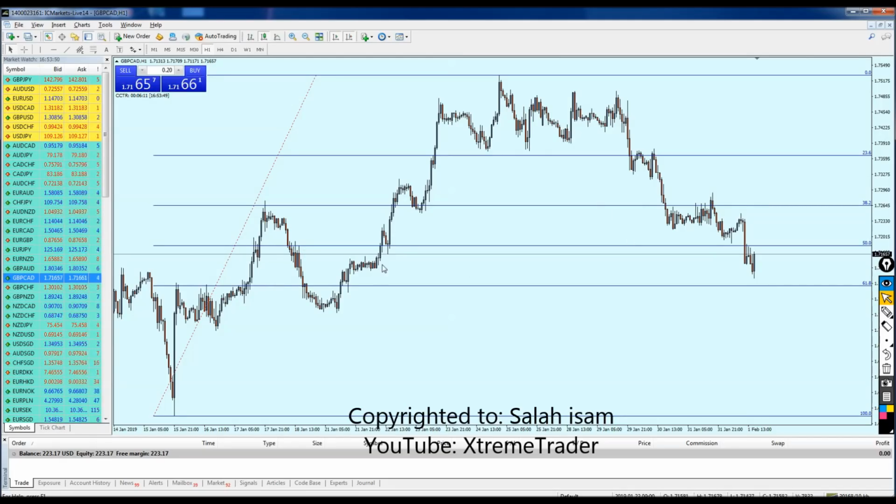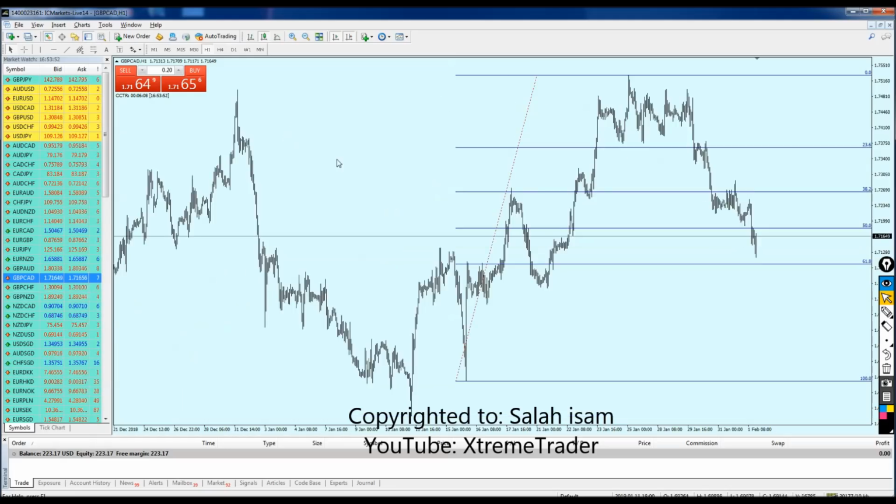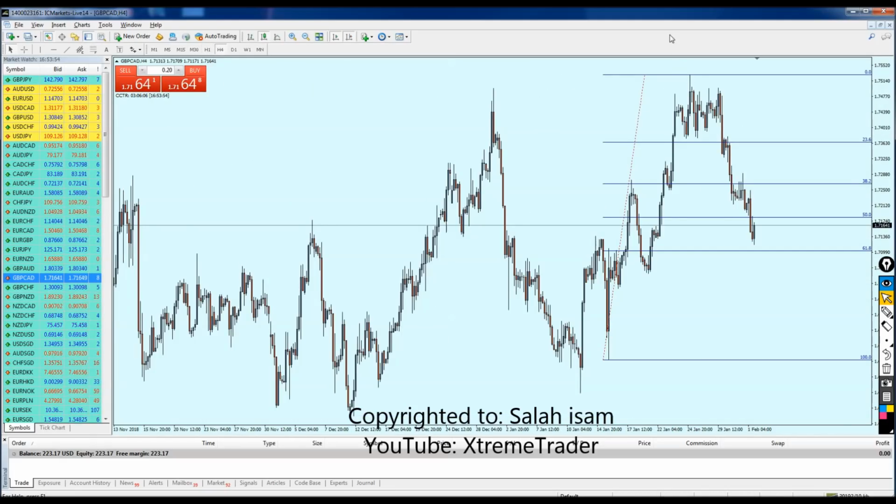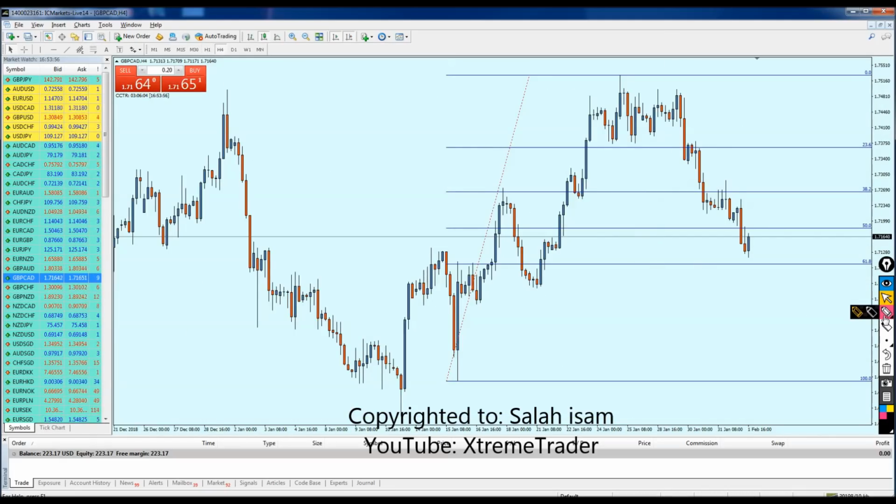Now, what I was doing here, this is the GBP CAD, and I was preparing for this entry here by drawing Fibonacci from this low here to this high. But after switching to the 4-hour chart, we can see that this is totally not a correct entry here. Why? Because Fibonacci